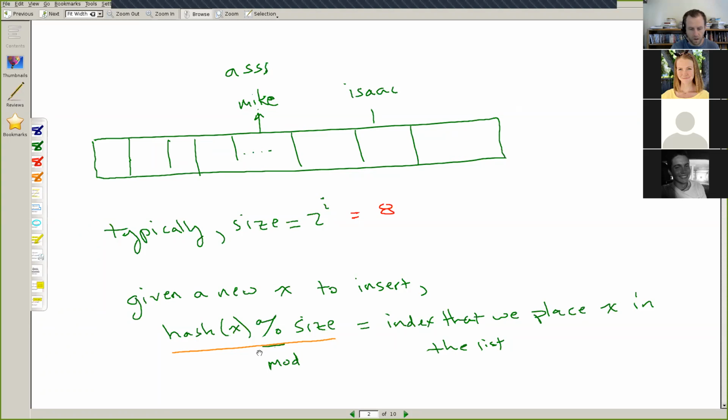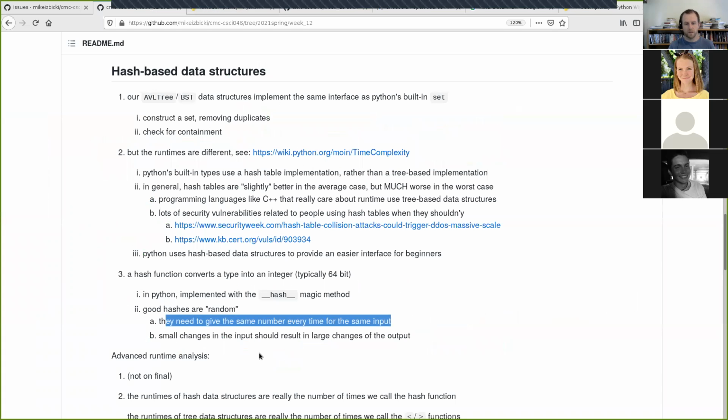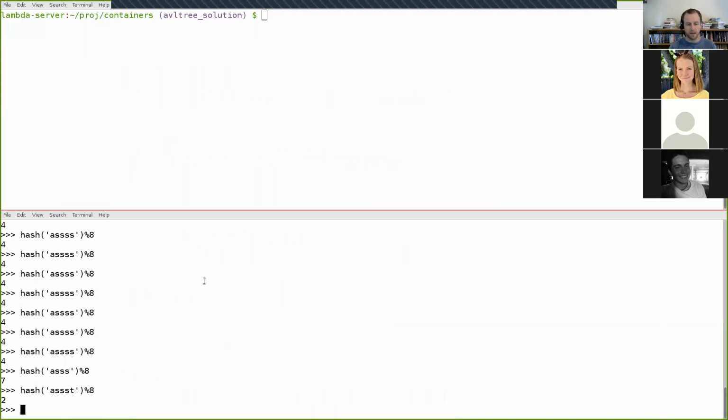So in Python, the takeaway summary is that Python's goal is really to be user-friendly. When you're programming, you're going to get bugs, and lots of very difficult to debug bugs, but we want to make those bugs as simple as possible, eliminating as many classes of bugs as possible. And so the reason that Python chose to use this hash-based strategy is because it eliminates this class of bugs where, if they had used the AVL tree,